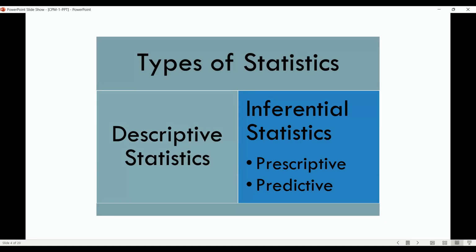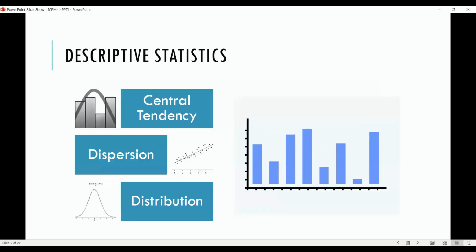I tell you what, when it comes to statistics, it could be categorized into two important parts. One is descriptive statistics and second is inferential statistics. Or let me simply put, descriptive statistics is nothing but a data analysis which describes a data set.